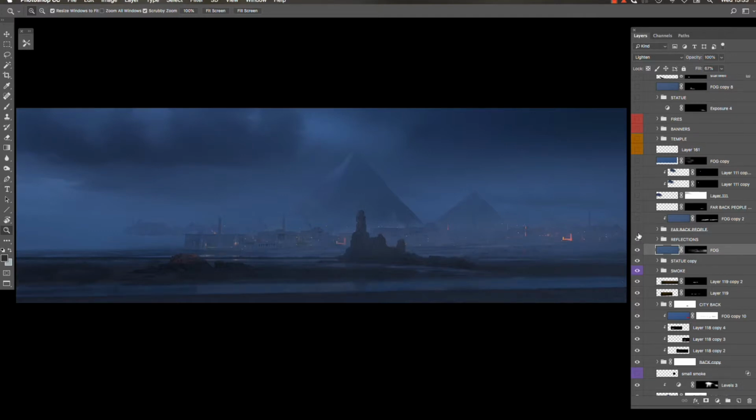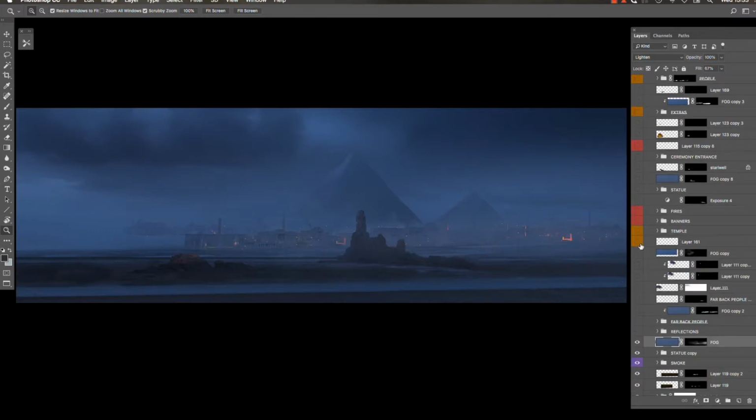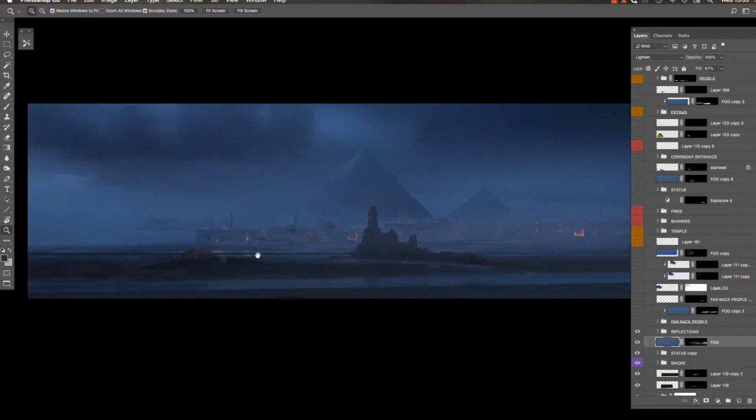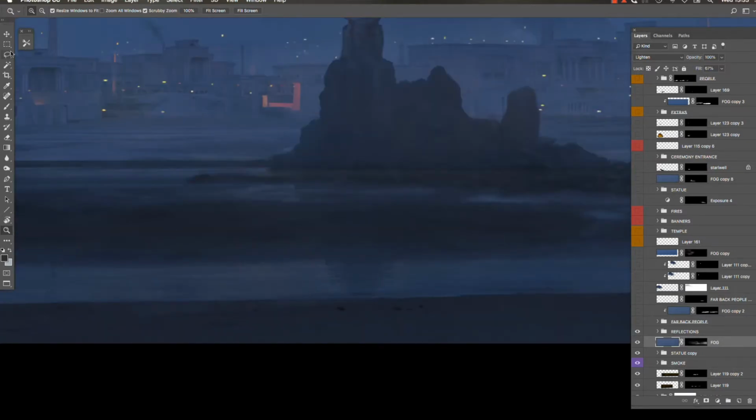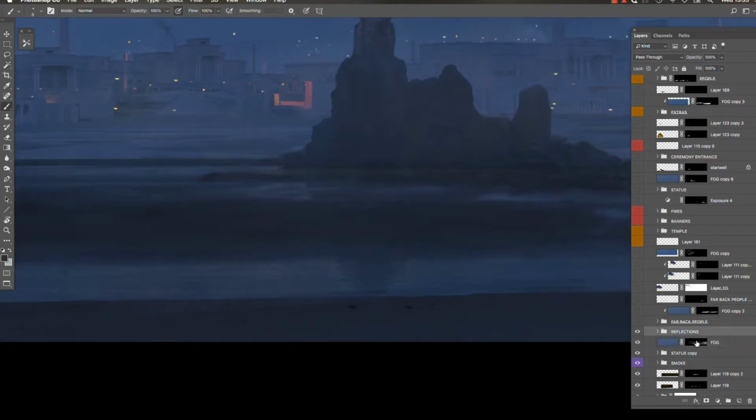So here, let's see what I do. Okay, adding details. Now we'll see that I'm going to add details like people, like stuff on the boats and things. So here there's already a reflection of those elements of the lights in the river, and it's pretty simple. You just copy the image, you flip it vertically, and then you paint, and then maybe you add by painting these streaks, you distort the image